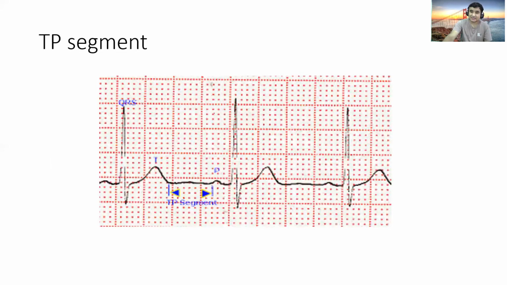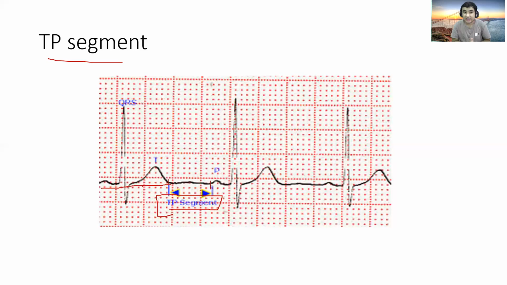So this is the last slide for today's presentation. This is the TP segment. The TP segment is the end of the T wave to the starting of the P wave. After the ventricular repolarization and before the next depolarization, the heart is in the refractory period. This segment is the isoelectric segment, because if you know this isoelectric segment, then you can draw this line here and compare with the TP segment whether the ST is elevated or not, and where the J point is. That's why we know the TP segment.